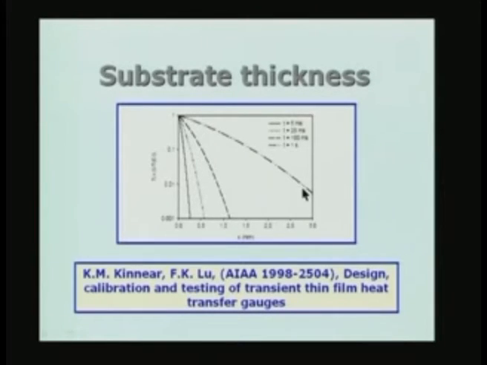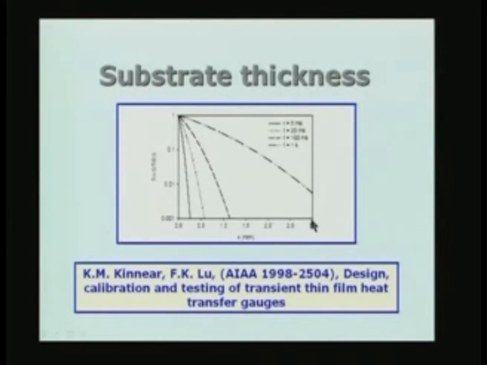So, I have taken this figure from the paper by Kinnear and Liu, which appeared in AIAA 1998-24504, design and calibration testing of transient thin film heat transfer gauges. So, I have 4 different curves here drawn at different times. First one is drawn at t equal to 5 milliseconds, the ratio of the two, and you see that within 5 milliseconds a substrate which is even more than about 0.25 millimeters is thick enough, whereas if you are going to have t equal to 1 second, you see that even 3 millimeters is not thick